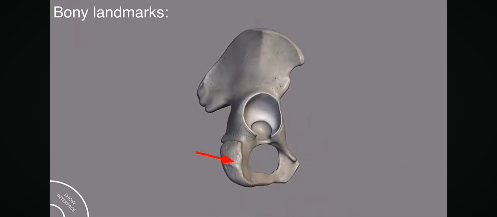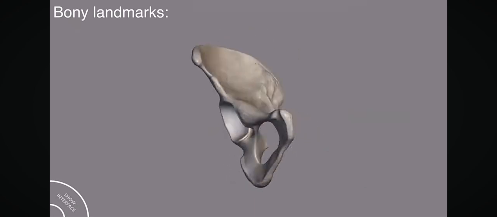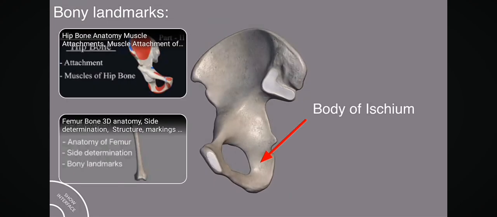This tuberosity is called the ischial tuberosity. This is the pubic tubercle, and this is the body of the pubis. Do not confuse the body of the pubis, which is present on this side, with the body of the ischium, which is present on the other